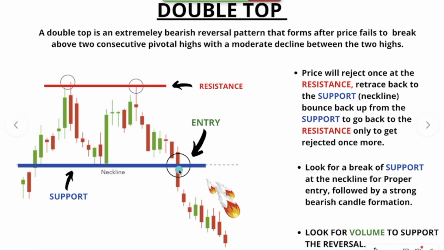So just like the previous formation, since this is a bearish formation, look for a bearish candle formation for you to get in. That will be confirmation as it breaks the neckline, and also look for volume to